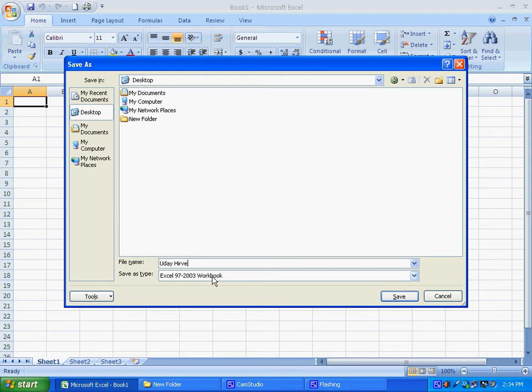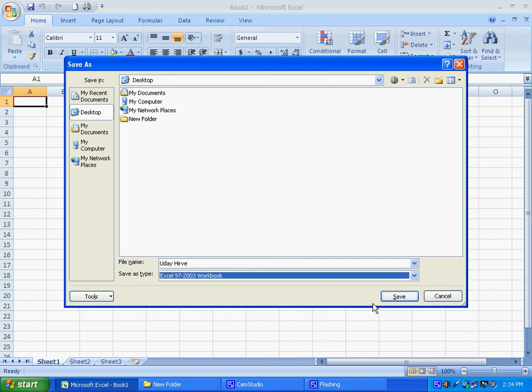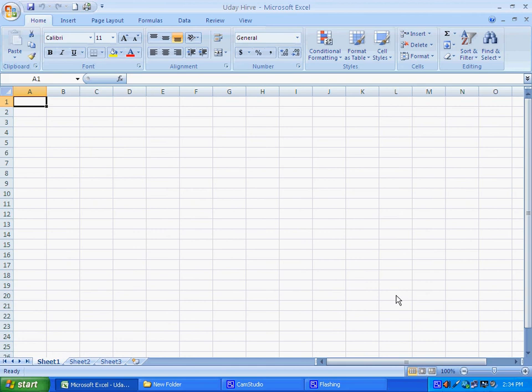You will see Save as type 97-2003 workbook format over here. There are various formats also, but right now we are using the Excel 97-2003 workbook format. I am saving this document. So you can observe over here, as soon as I save this document with my name, this part, which is called the title bar, has changed from Book 1 to my name.